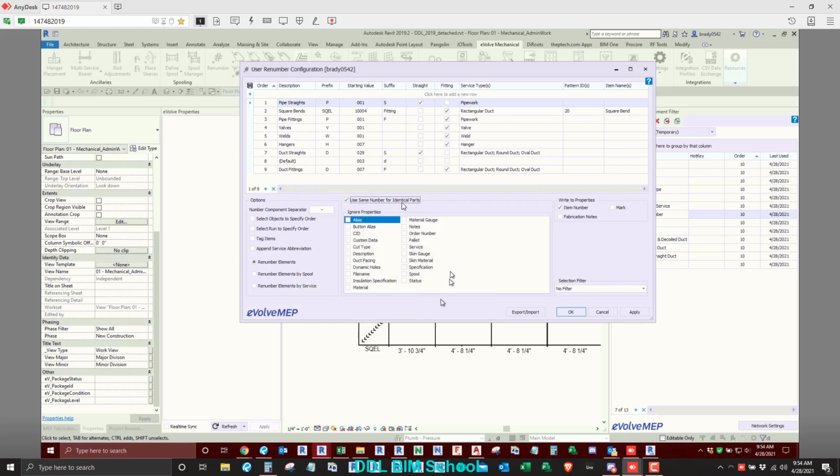Use same item number. So this is pretty common for what we do. And when we were numbering whole projects at once, this was used so that if you had a weld bend, a 6-inch weld bent elbow, and say it wasn't spooled, all of the 6-inch weld bent elbows on the chill water service have the same item number. If it's ductwork, maybe it's a radius elbow, a 12 by 12 or something. No matter what system it is, or you could set it to